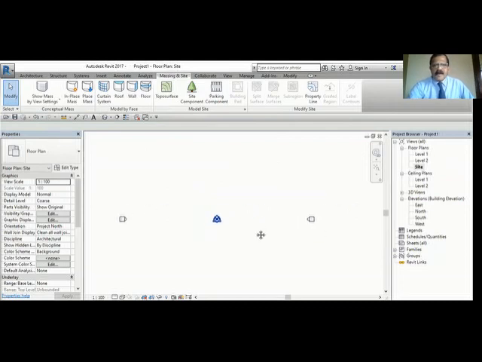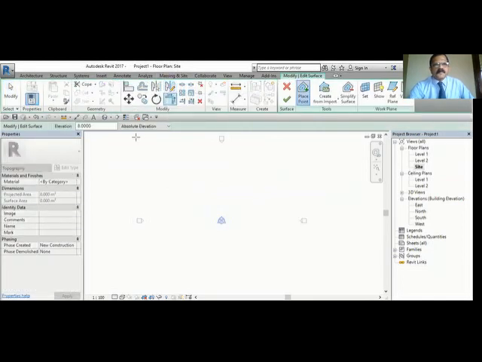So I will create a simple topo surface now. First with a 0 point, place point. I'm going to show you how to create your site components.